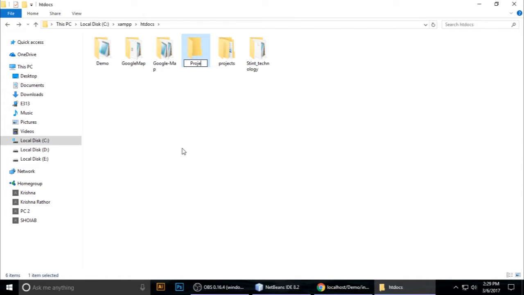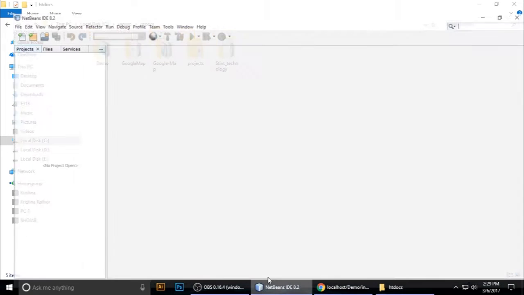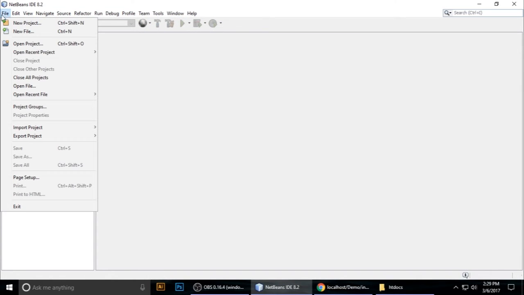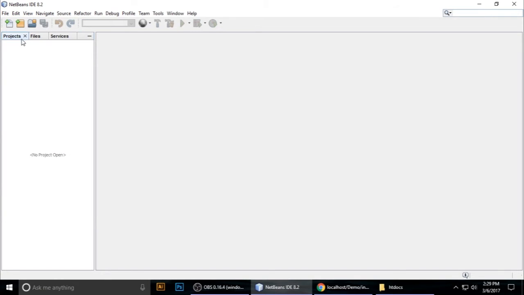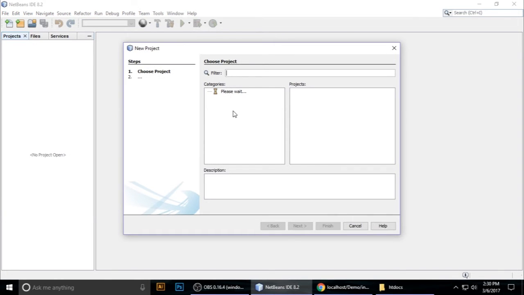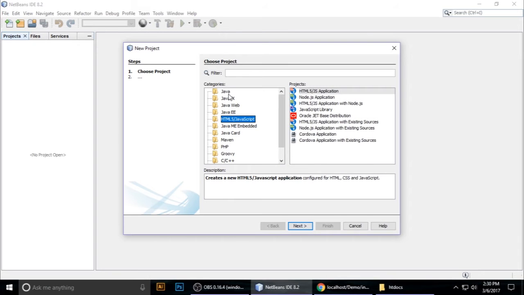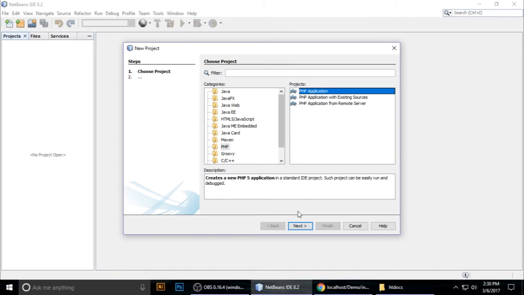Okay, project name here, but I'm using NetBeans. NetBeans is a good editor, and it does lots of things for me by default. Just go to File, New Project. Here you can create a project. I want to use PHP, and you can also use HTML projects as well. So I want to use PHP, so PHP applications. Next,